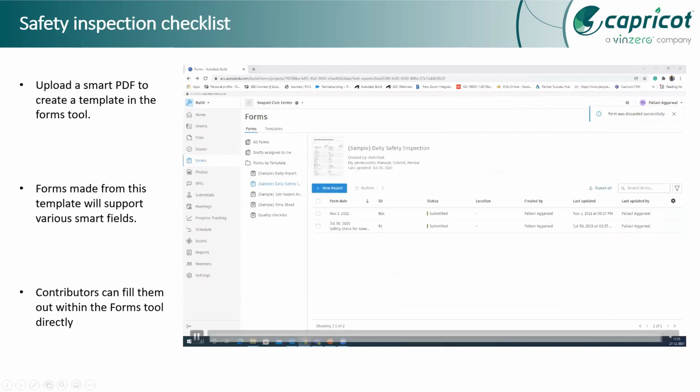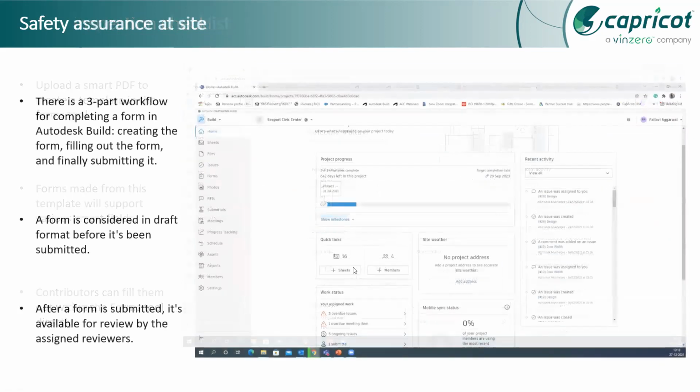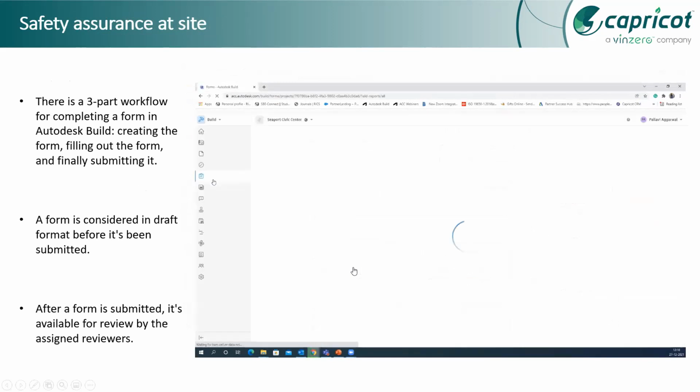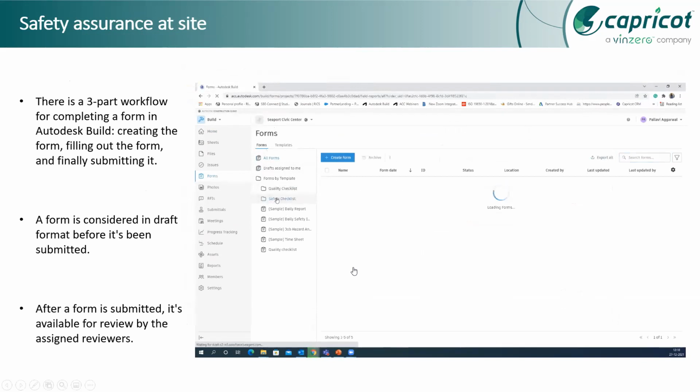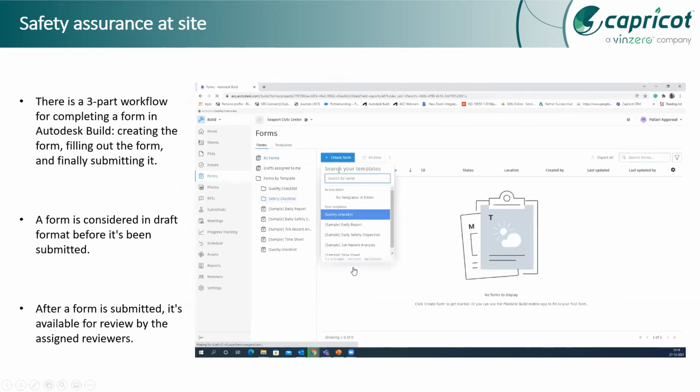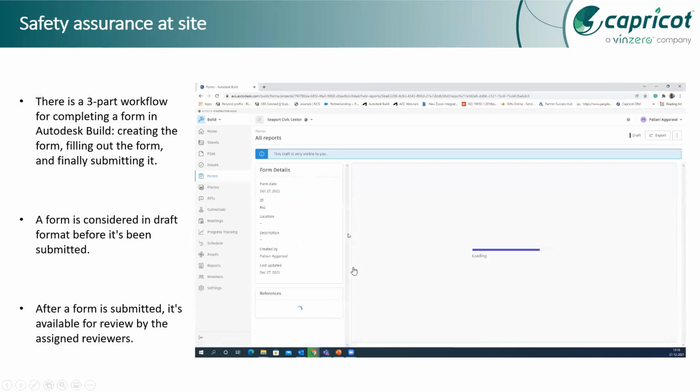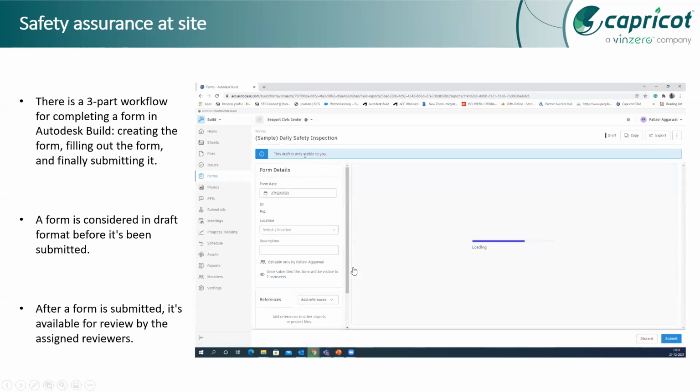These drafts also give us the capability of adding reviews or adding issues to the form. We can add different issues or, let's say, photos to these forms from the site to verify whatever we are ticking or marking on is correct. We can check those, and the reviewer from the site or maybe the reviewer from the head office can get a reference of what we are talking about.